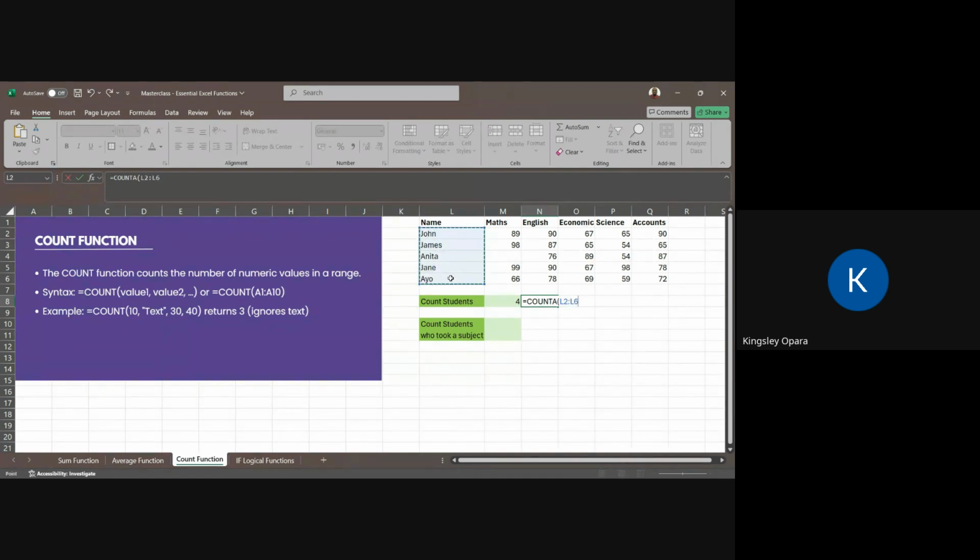So highlight all the names you want to count from John down to Ayo, close the bracket and hit enter. What COUNTA does is that it counts all the cells that have values in them, irrespective of it being numeric values or text values. It just counts all of them. So now it makes sense to count the names rather than counting the scores.